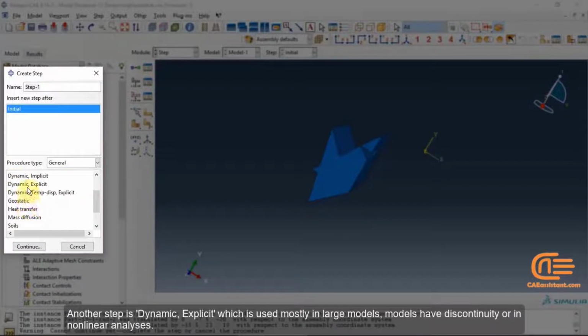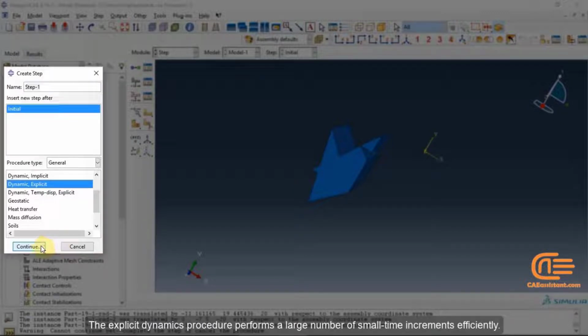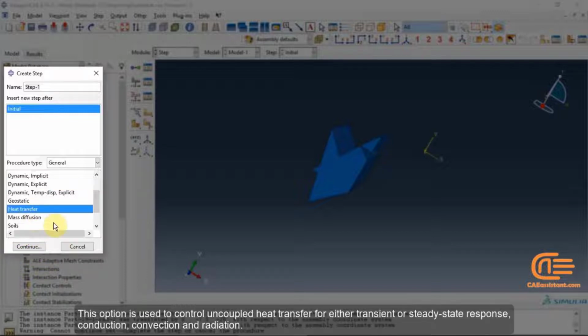Another step is dynamic explicit, which is used mostly in large models that have a discontinuity or in nonlinear analysis. The explicit dynamics procedure performs a large number of small time increments efficiently. This option is used to control uncoupled heat transfer for either transient or steady-state response,